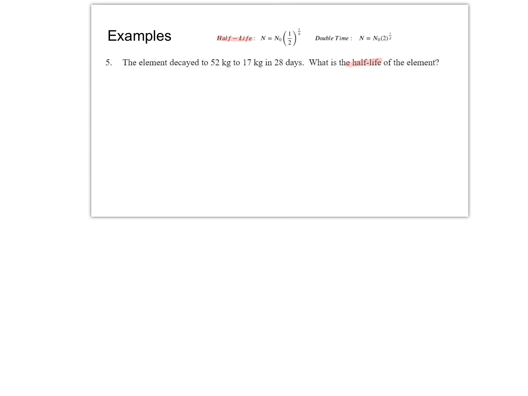All right, so let's go through this. The element decayed from 52 kilograms, so that's my starting amount, to 17 kilograms. Oops, 17 kilograms, that's my ending amount. In 28 days, so my time is 28 days. They want to know the half-life of the item. So